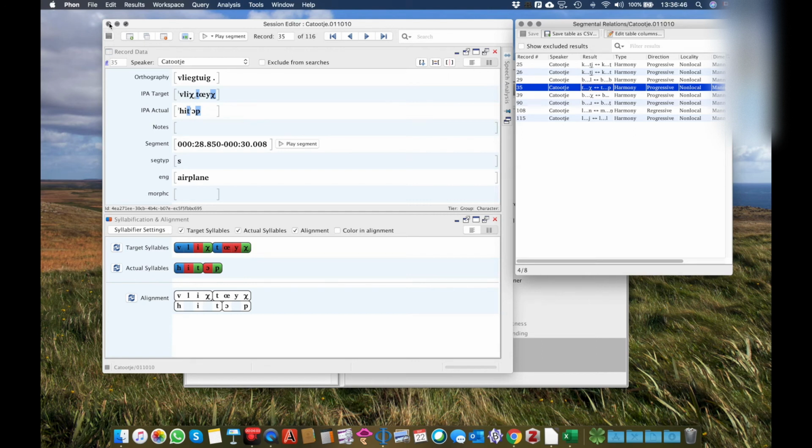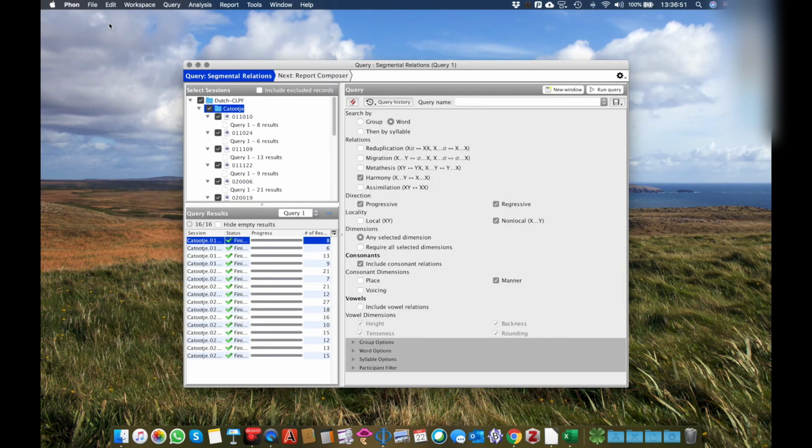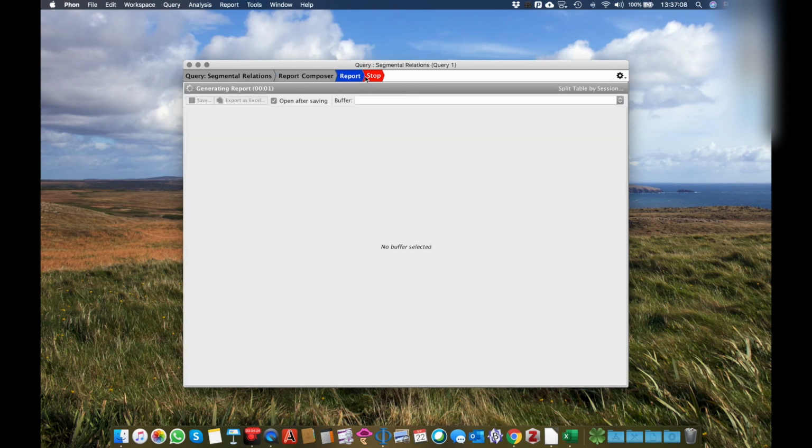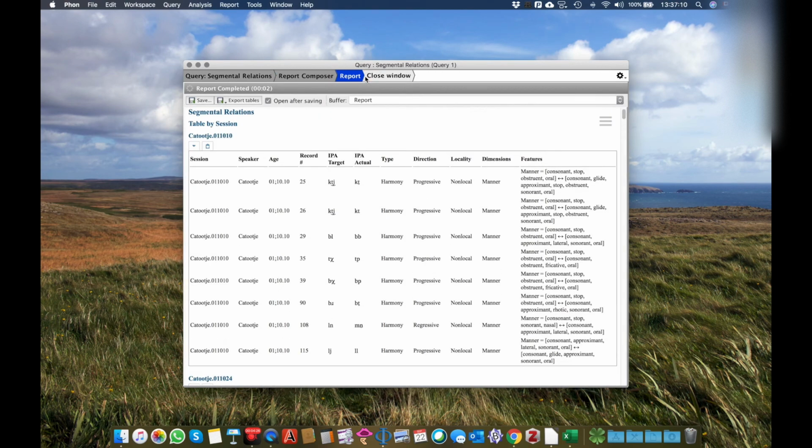So if you're interested in saving those results, the system works just like any other system around. You can go in the report composer, and what would be mostly needed here is a table by session, which gives you all of the results in a table for every one session, and we can have a look at the shape of this, where you can see that Phon will report that in a given corpus,